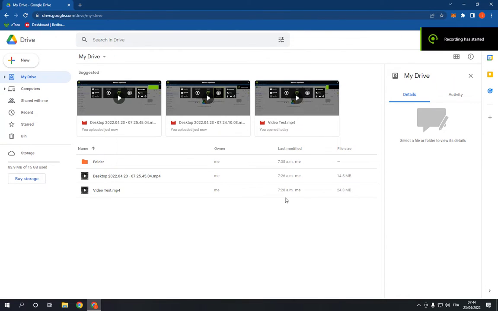How to manage versions of a file on Google Drive. Hello guys, in today's video I'm going to show you how to manage versions of any file on Google Drive